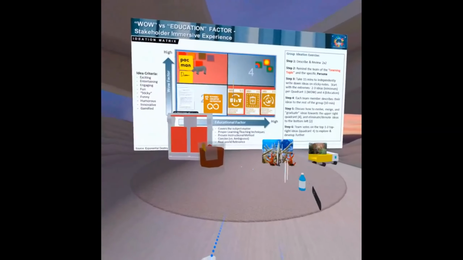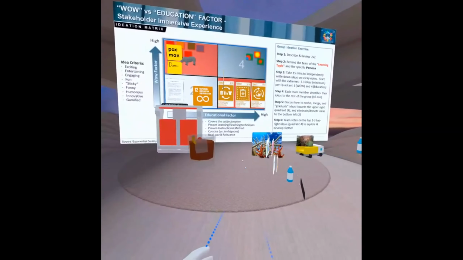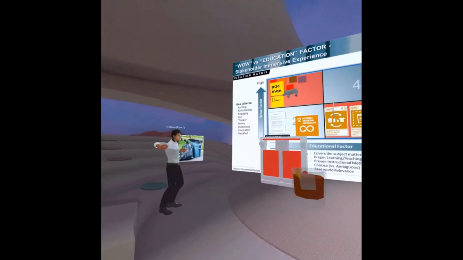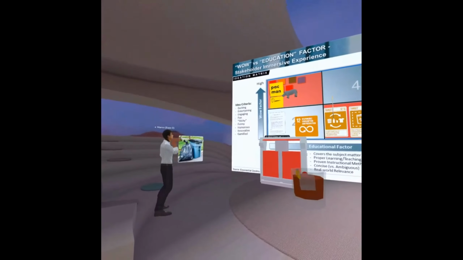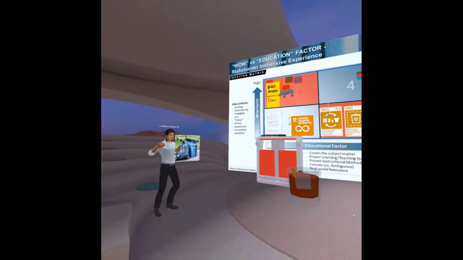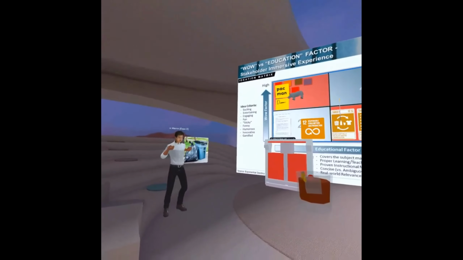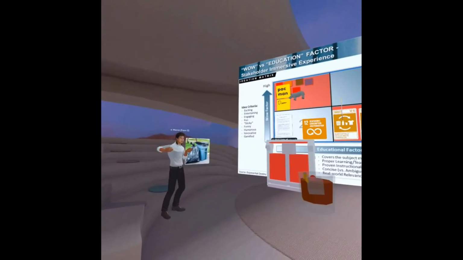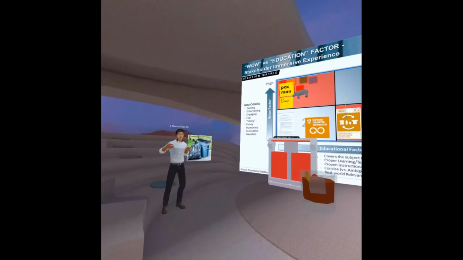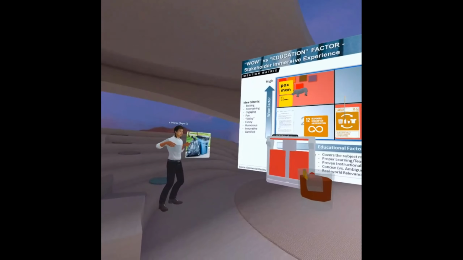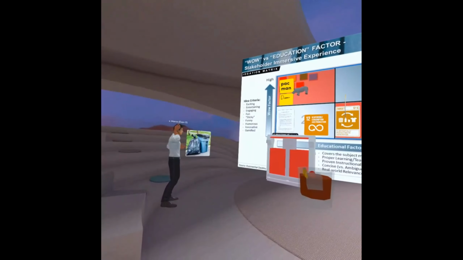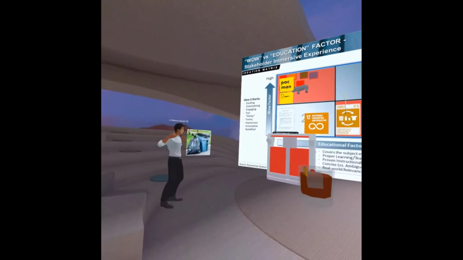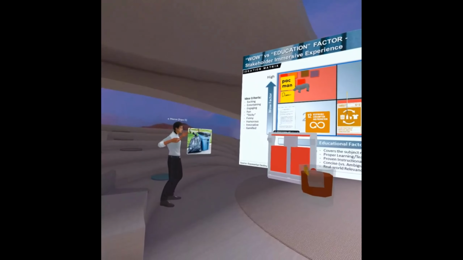And so imagine your team continuing this discussion, and specifically our team right here, where we're really interested in moving on to the next process after we've completed the wow versus education factor method, which promotes edutainment. We can actually start building a story and a narrative to help educate people about what responsible consumption and production looks like. It can be a conversation about how, literally, and in this example, it could be a dialogue and